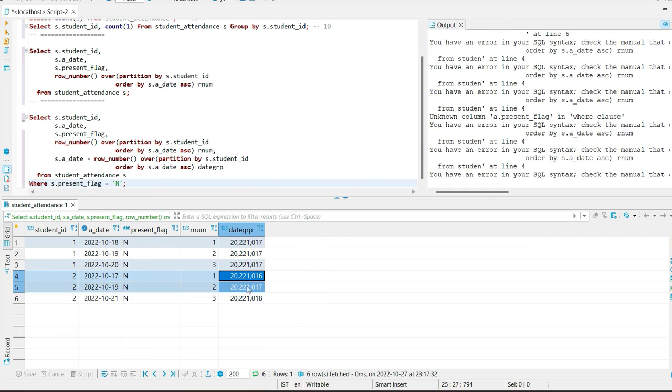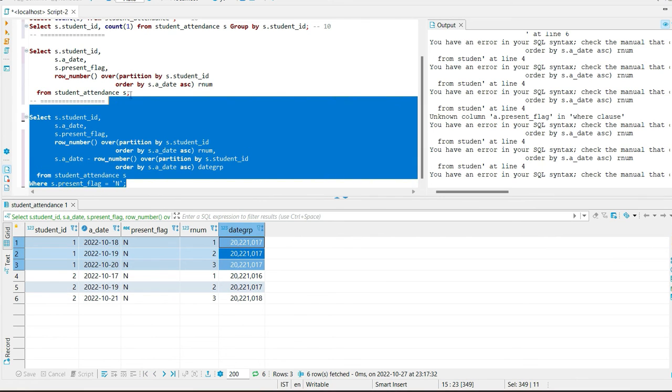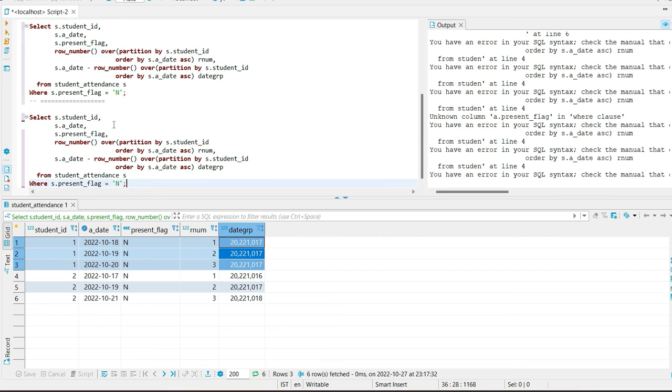So here the group is also not common, because there is a gap between the absent dates, but there is no gap between the row num, and that is the basic approach we were following to find the common group. Now we can simply take this query in a common table expression,